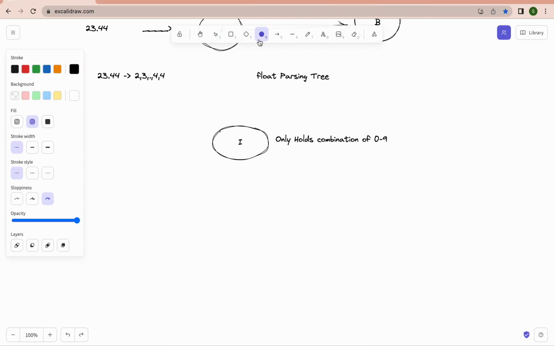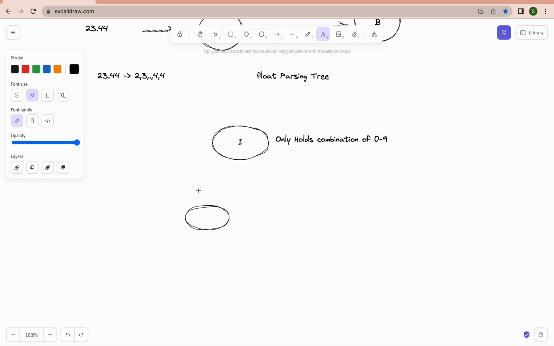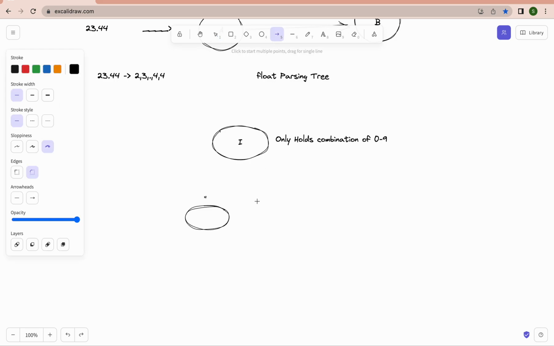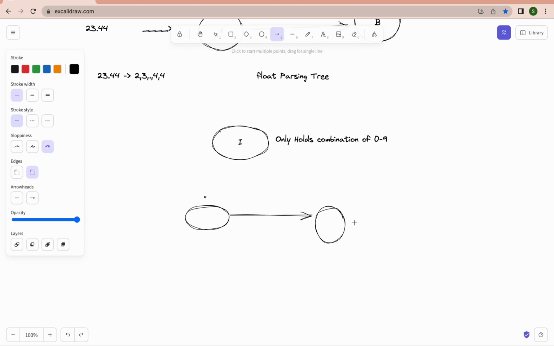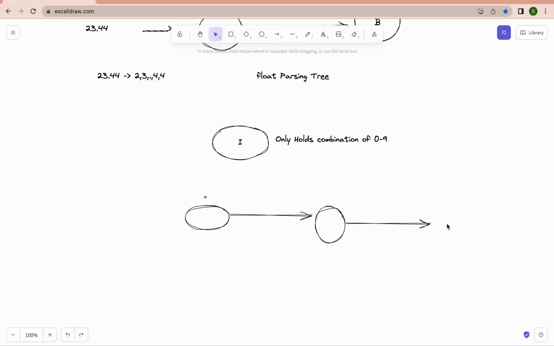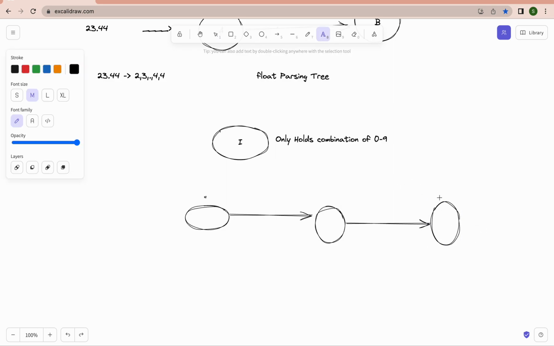Look here, there is a parsing tree if the user statement is starting with double quotes. Then it will go to another state. If it is ending with double quotes, if it gets another double quote, it will go to my final state.